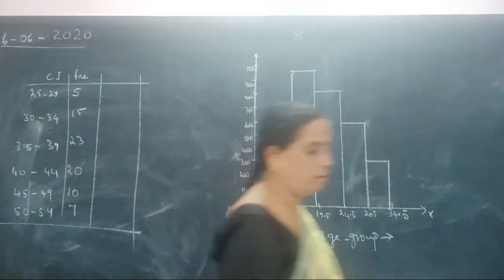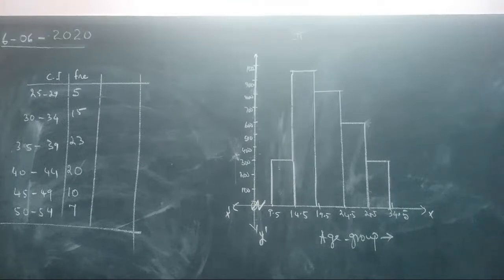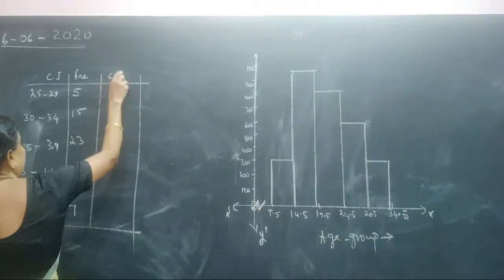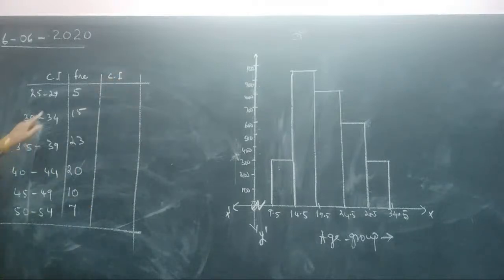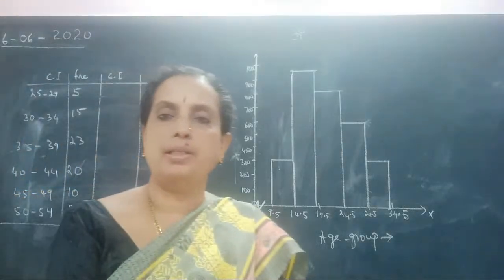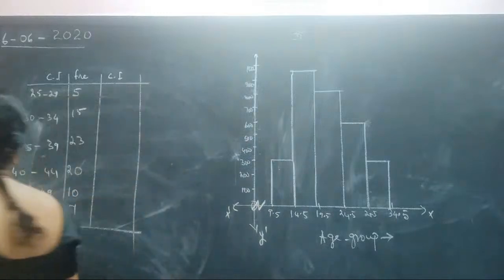So now here comes the class interval. Again I will explain. It is not in continuous form. There is a gap of 1. So take the half of the difference as 0.5. You will get